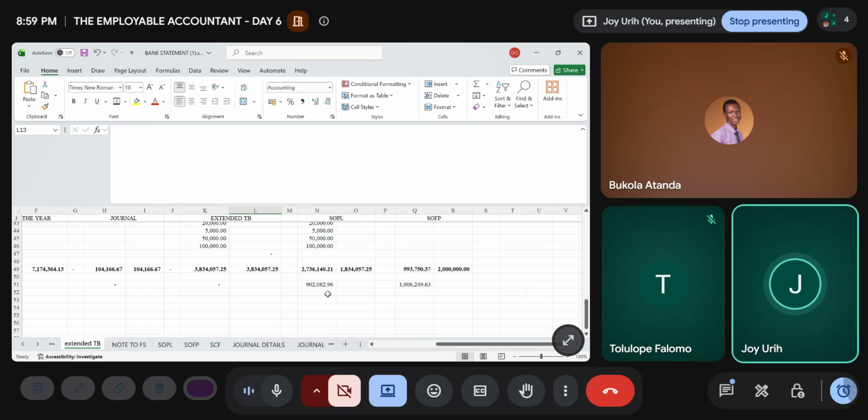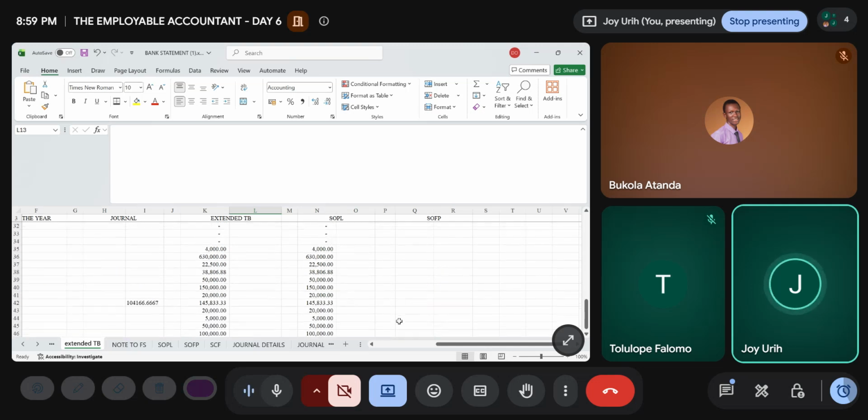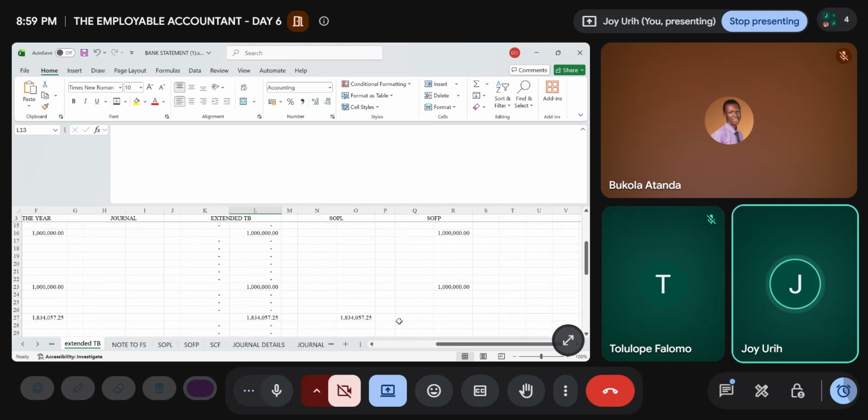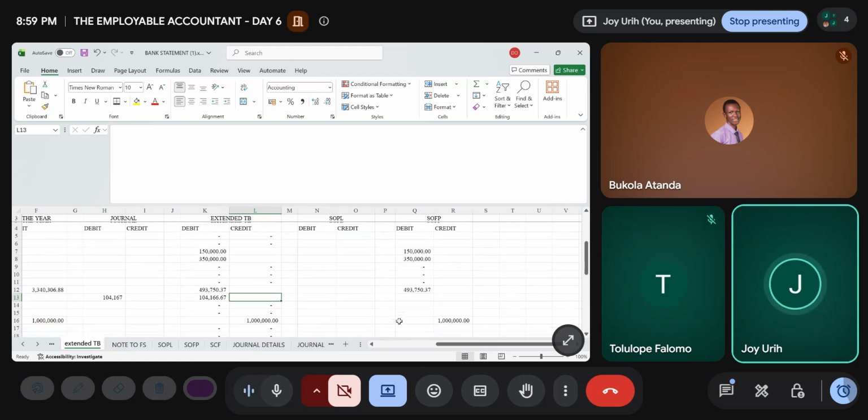Are they accurate? The ones that are supposed to agree, are they the same? And if there's a difference, they must be the same. Are they agreeing, or are they the same? So now if you look at our SOPL, remember I said in our last class when we were doing this, the difference between the two must be the same number. But if you check now, the numbers are different, and that's because an item is not appearing